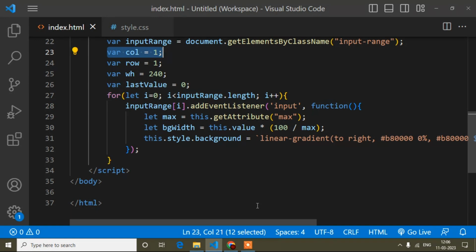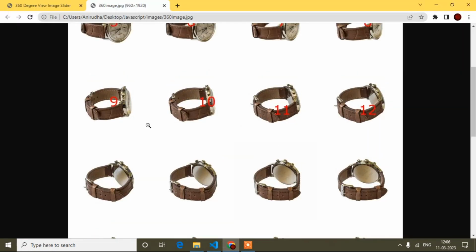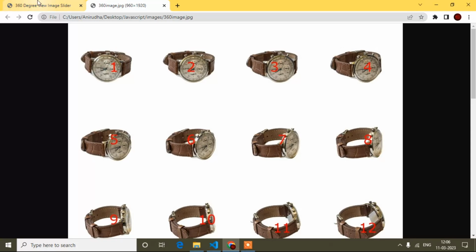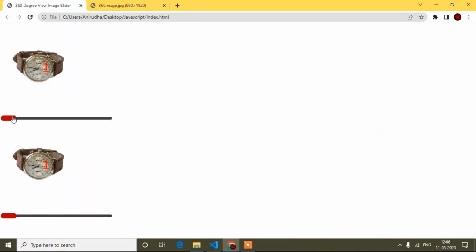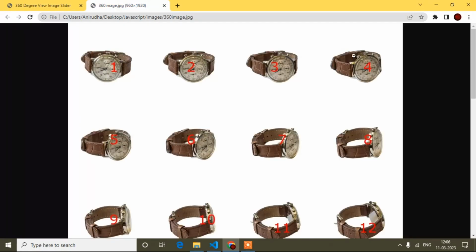Now here I said increase, but it may be decrease. Suppose I bring the range slider up to here, and instead of moving right, I move it to the left side, which means it is decreasing. If column is 4, it will come 3, 2, 1.